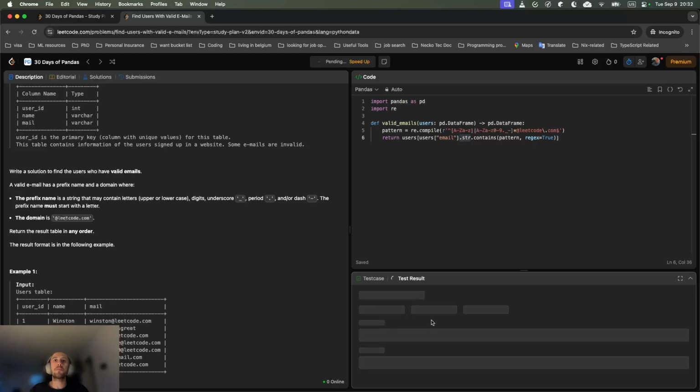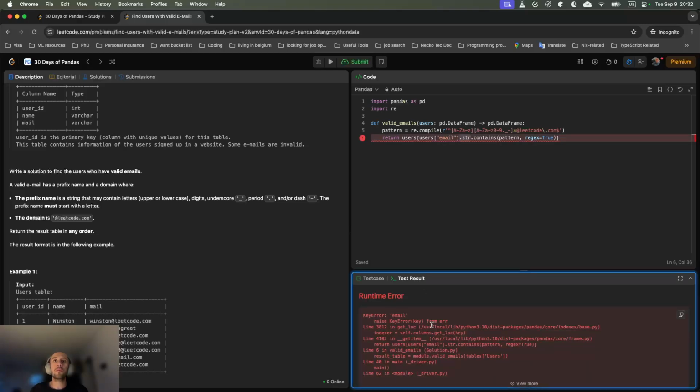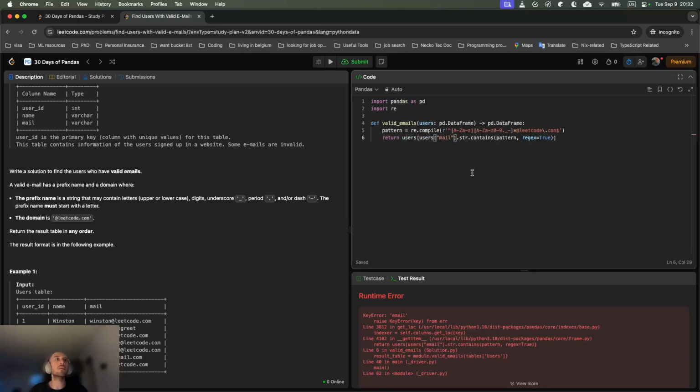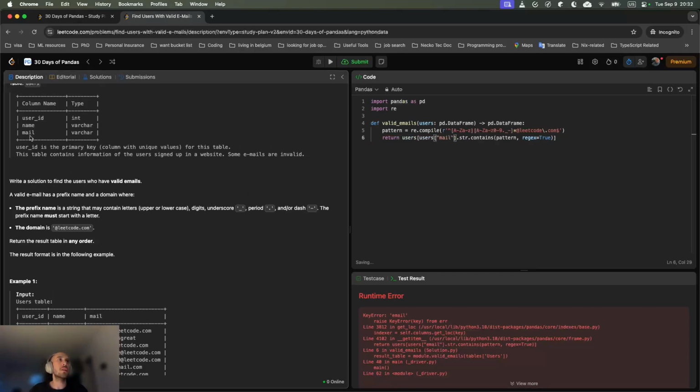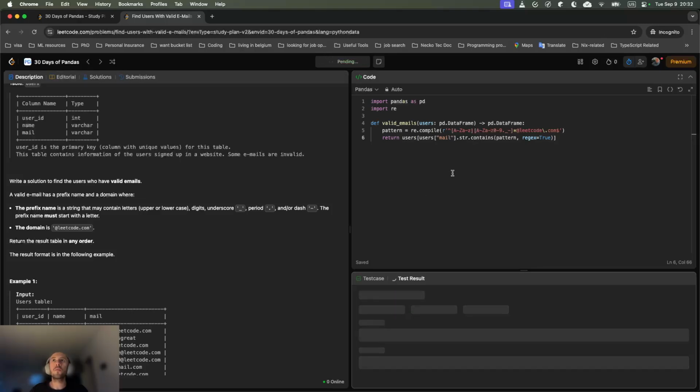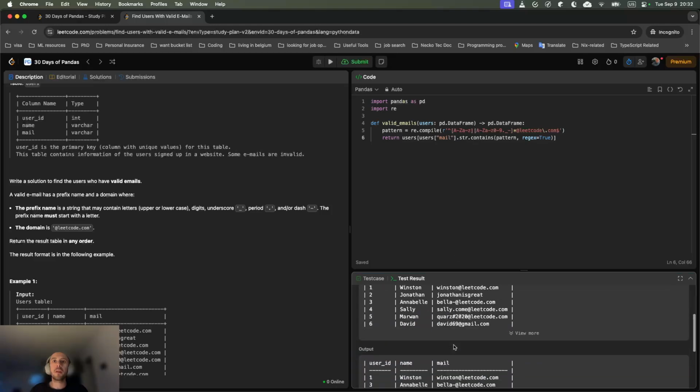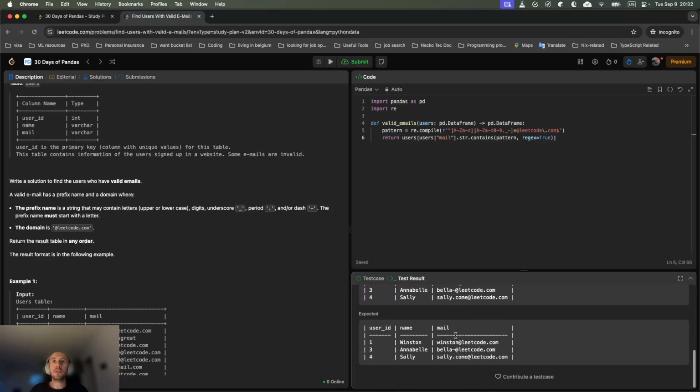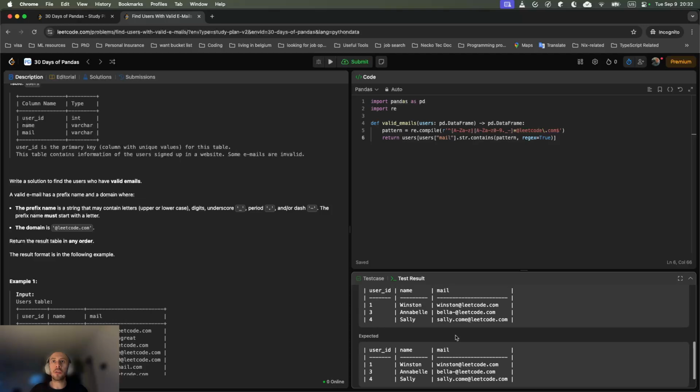And we see, okay, so sorry for the mistake, this is mail, because as you saw here, this is mail, not email. It returns the rows that have the correct mail structure according to the question, and now we submit,